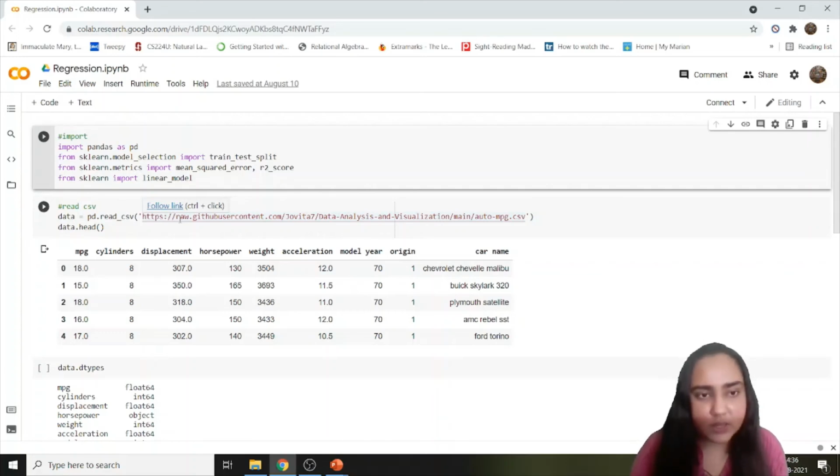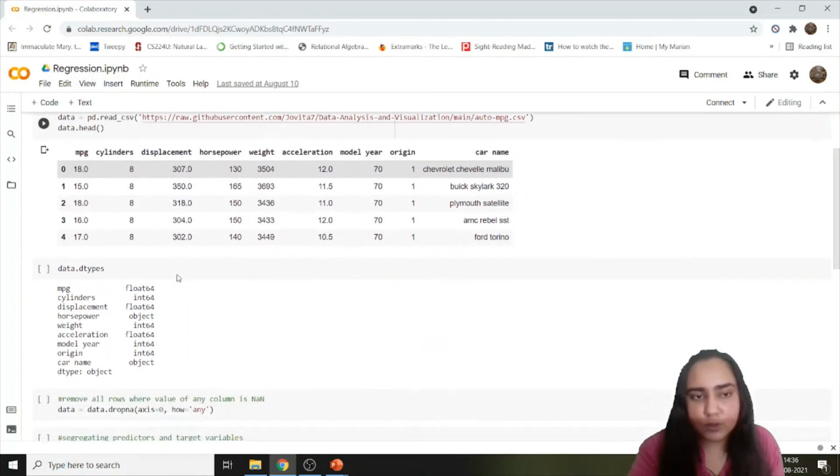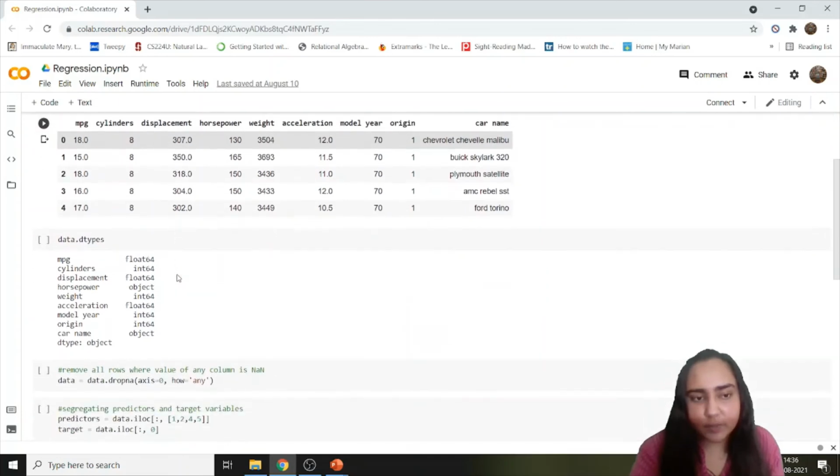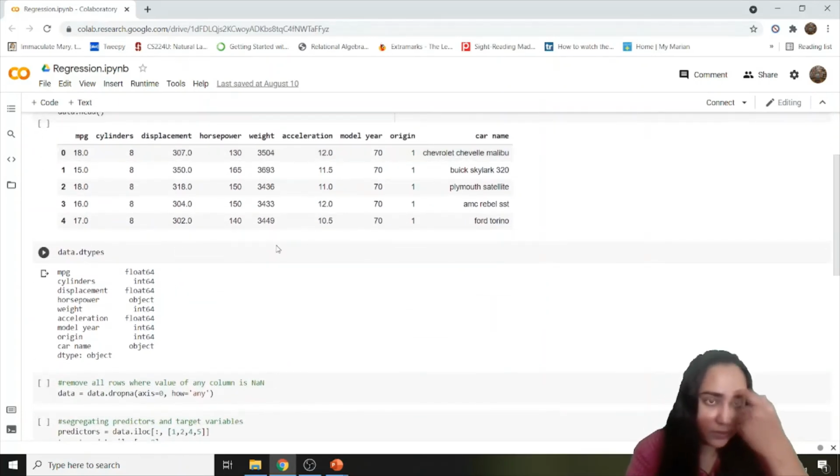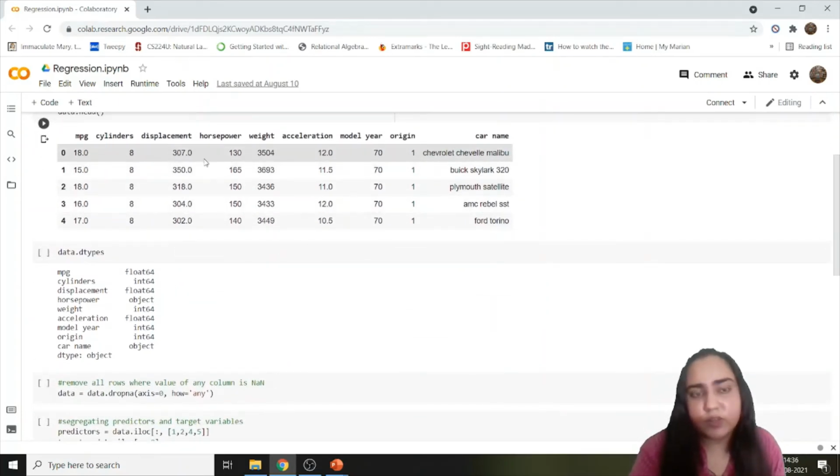Now, in this case, the file that we are using is this file about AutoMPG. This file contains all these columns. It contains the cylinders, number of cylinders, the displacement, horsepower, weight, acceleration of different kinds of cars. And MPG stands for miles per gallon.